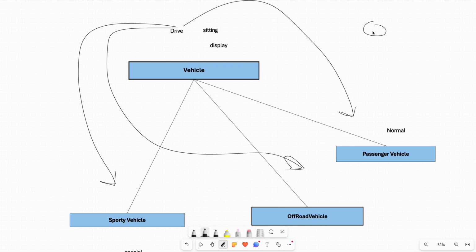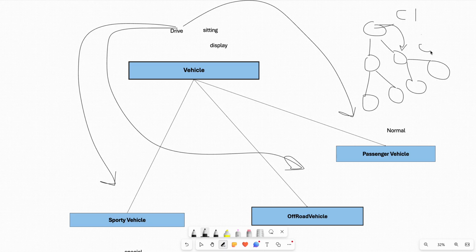You have one parent class which has two subclasses, and these also have some subclasses. This parent class has a capability C1 which is extended by this subclass, and this one also has some new capability, C3, which is extended by its subclass. Until we have the same capability and are extending it towards the subclasses, we are okay. But what if